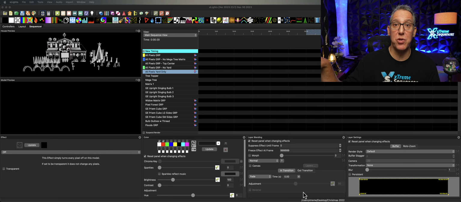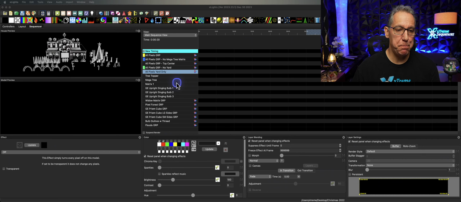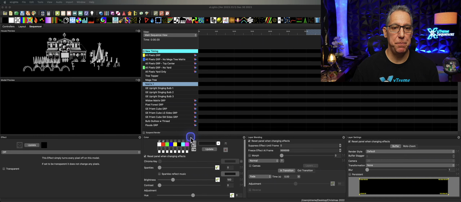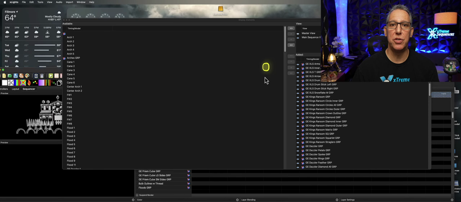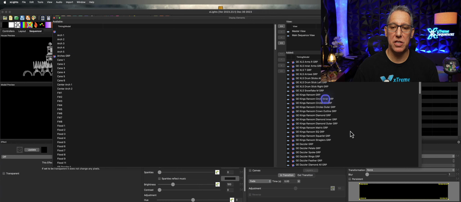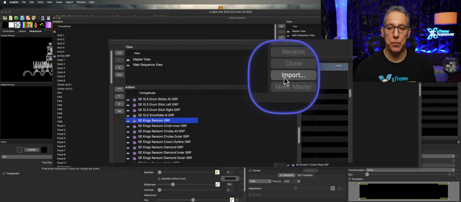I mean, you could do it manually, which initially I had to do, and it takes some time to do that. But what I would recommend is you're going to go in here, you're going to right click, edit display elements. Did you hide in the background? You did. There we go. Edit display elements. You'll see here that this is the old setup. We can click import right here.